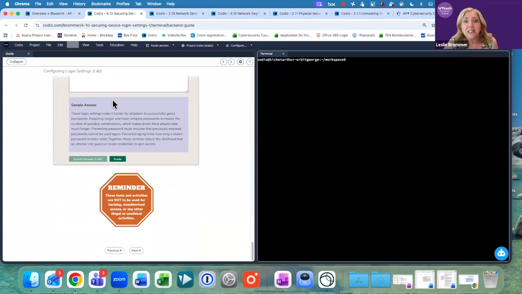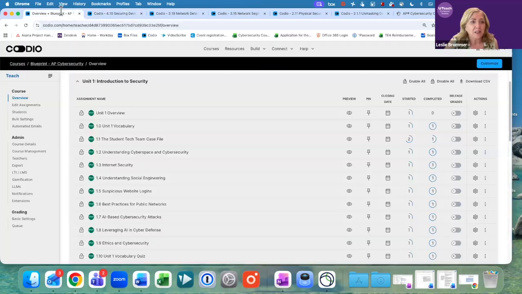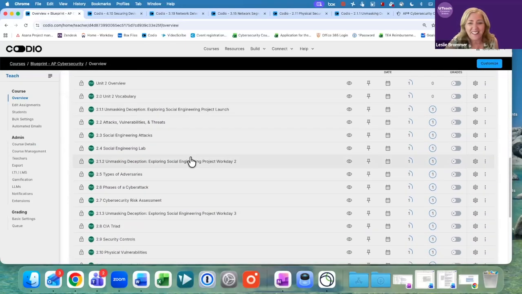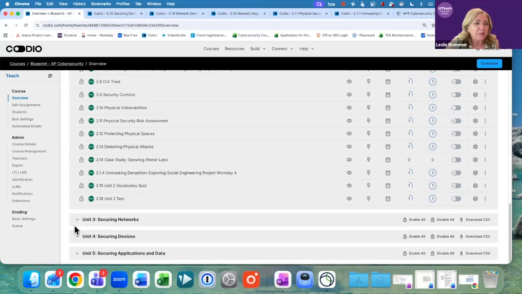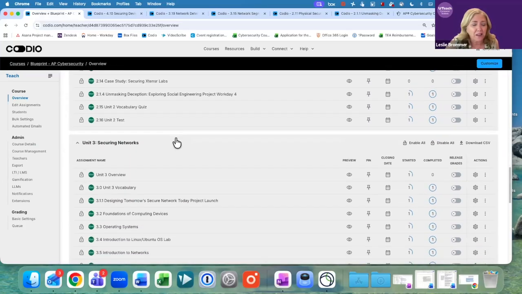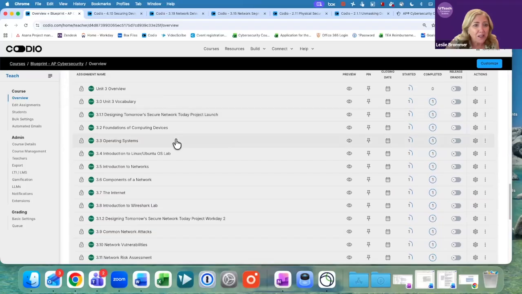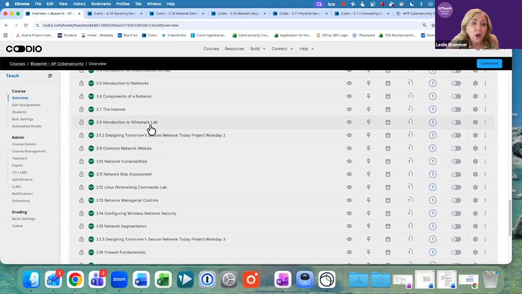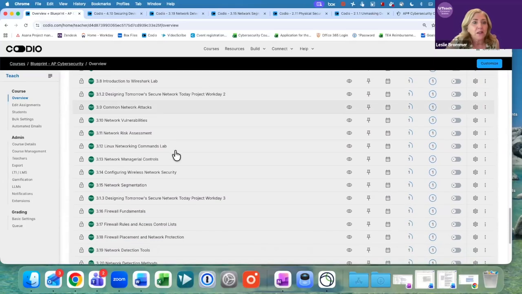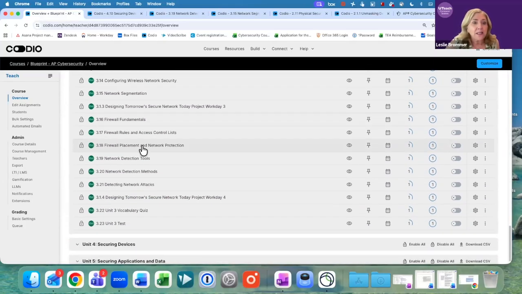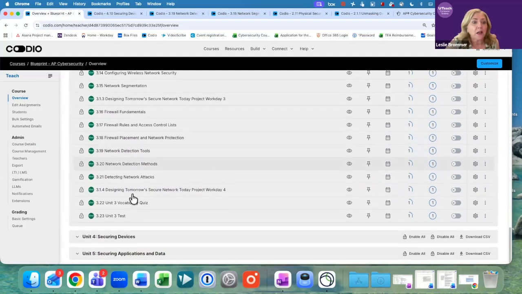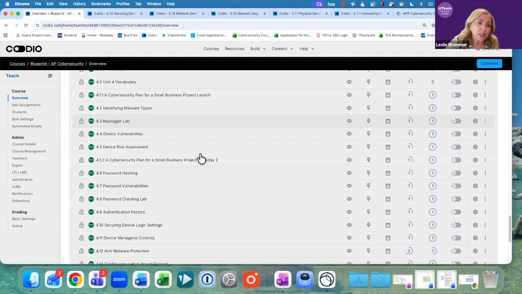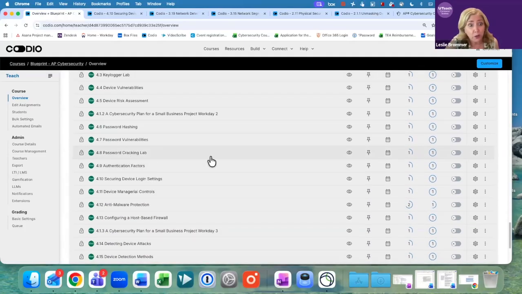So those are all the different kinds of lessons that I can show you in a short amount of time, which I'm sure I've already gone over, Marie, because I tend to do that. Let me just scroll through here and then you can come back on audio, and then here's other labs. There's a Wireshark lab, all done inside Codio. There's firewall labs. They set firewall rules here. Unit 4, there's a keylogger lab, a SQL injection lab, a buffer overflow lab, a password cracking lab.